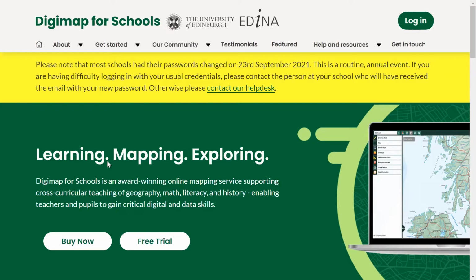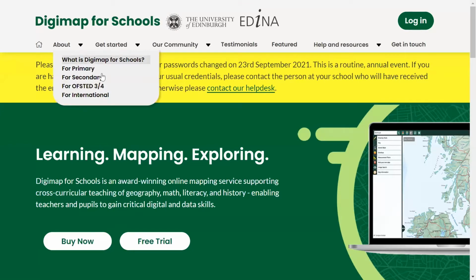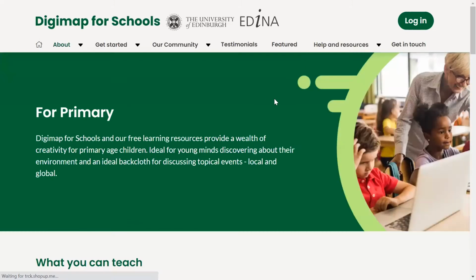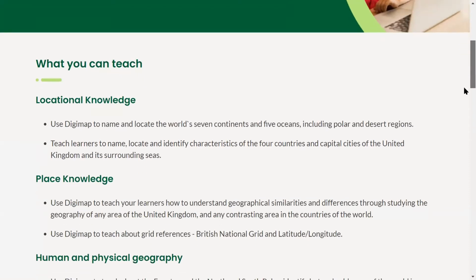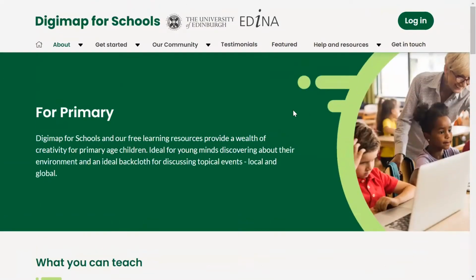So for those of you that are completely new to Digimap for Schools, we're a mapping service for schools. We've got an About section here, which tells you what we provide and the kind of curricular links, for example, that are relevant for the different sectors. So for the primary web page here, we break down what you can teach with Digimap for Schools over the main curricular areas, such as vocational, place knowledge, geographic skills, human and physical geography, and so on. So we clearly tell you here are the kind of things that you can cover from the curriculum